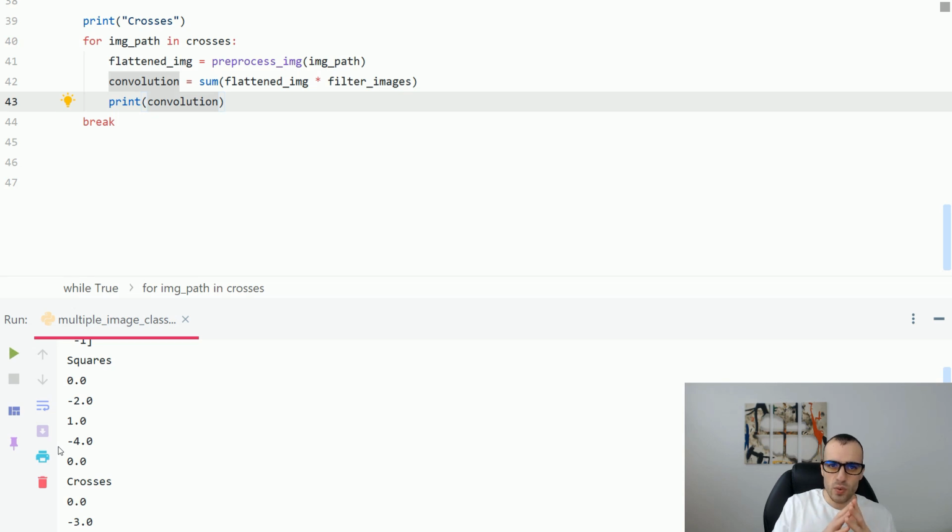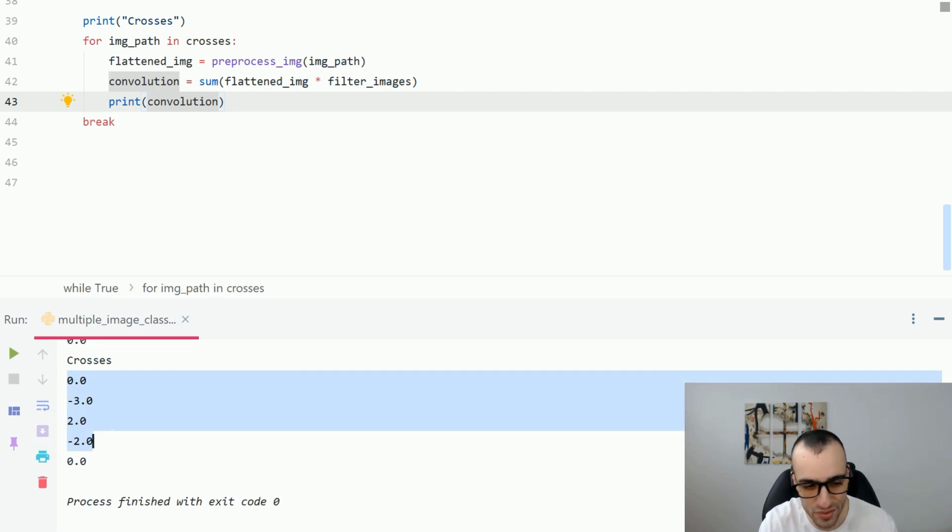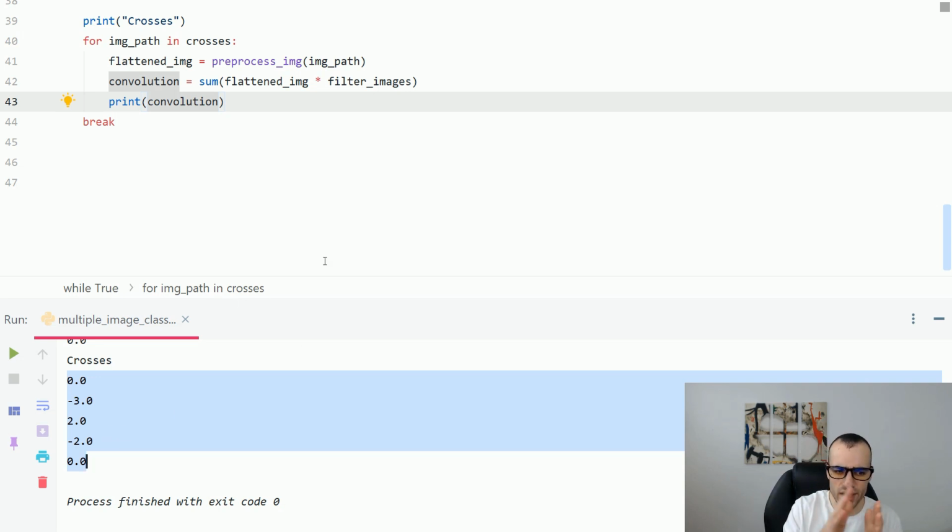In this case, our condition function needs to include more ranges. We cannot say just 0, -2, 1, -4, 0 are squares and 0, -3, 2, -2, 0 are crosses. We cannot say it this way. Instead, let's try to make some ranges including more numbers. So one easy way would be to say if the value is equal to or greater than 0, then it's a square. If the value is less than 0, then it's a cross. So